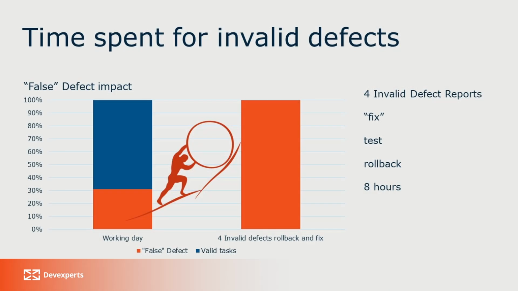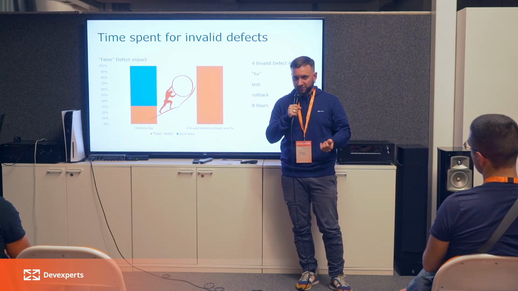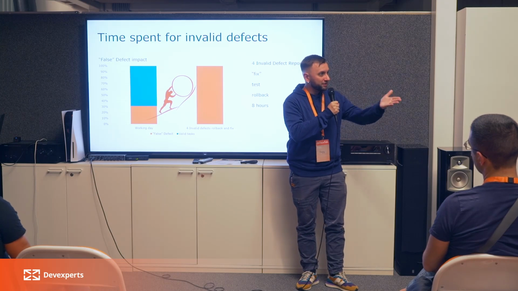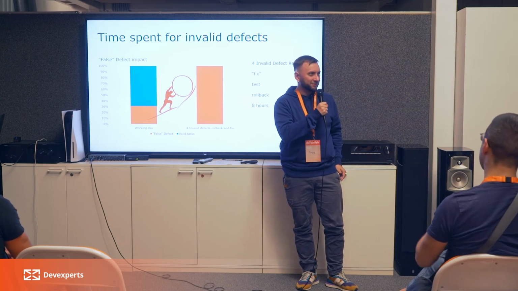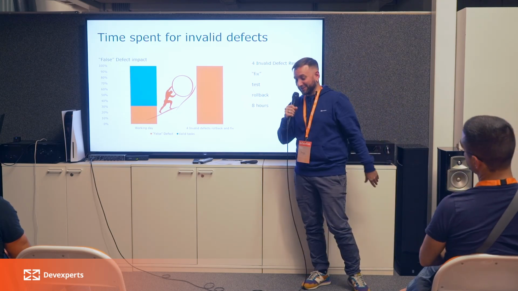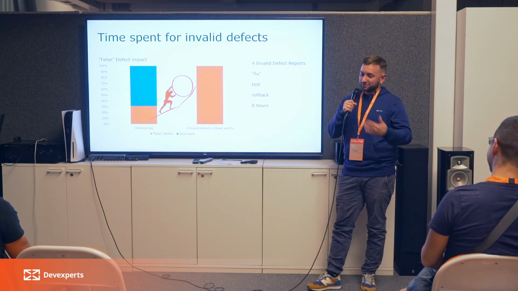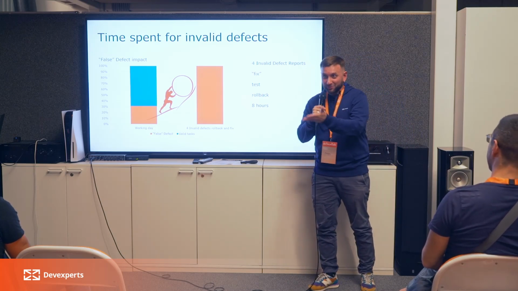And speaking of invalid defects, what does it mean? Your test is not updated, the formula is already changed, and you are creating a defect report. Dear development team, please fix it as soon as possible, because this formula is invalid. And developers believe us when we say we have a defect. So you said that you are a developer. Yes. What are they doing? They are trying to fix it as soon as possible, because QA engineers do this stuff.